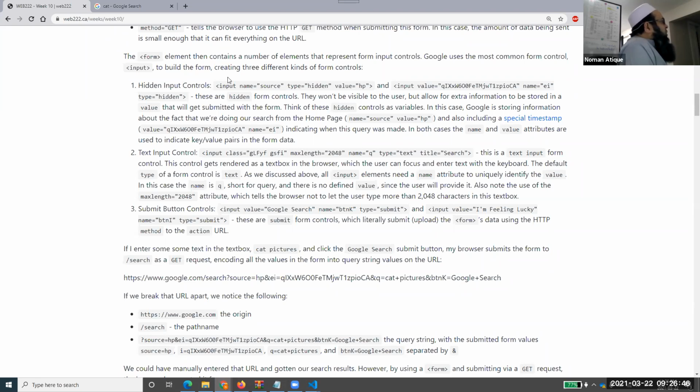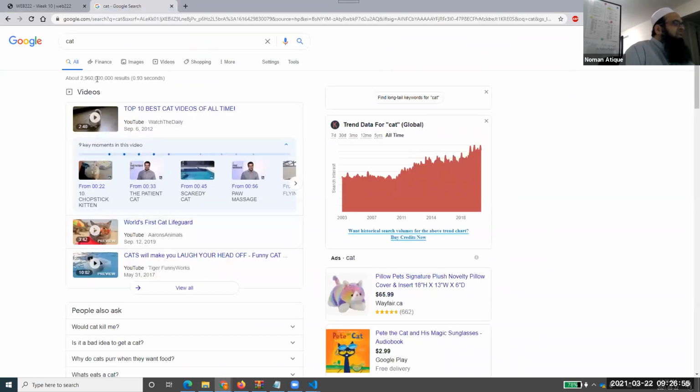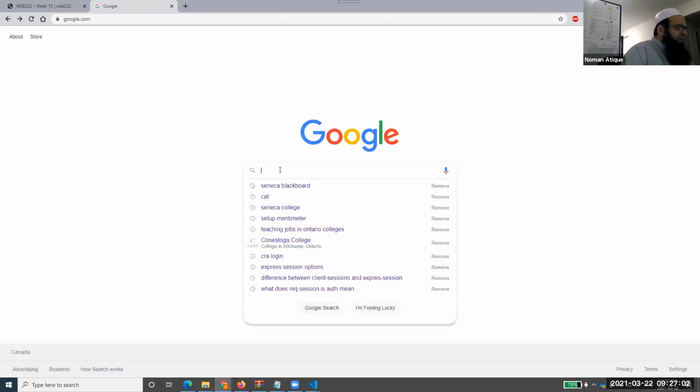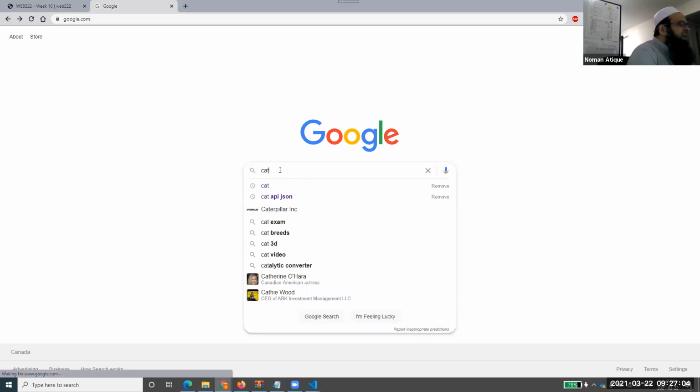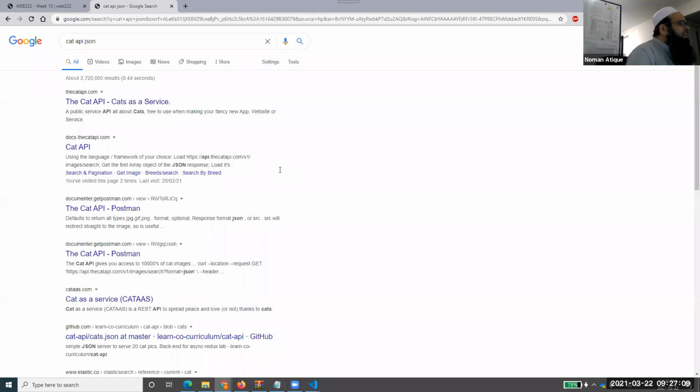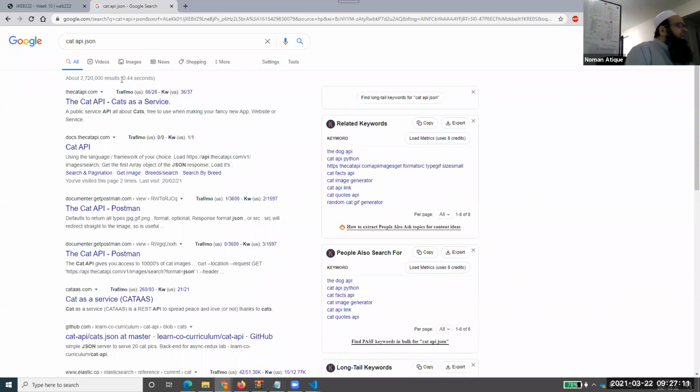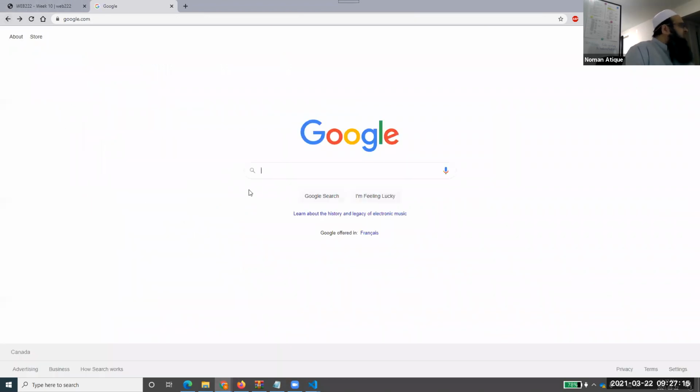Okay. So you know when your query returns the result, it has got the time with it. Have you seen that? For example, you see here that it says 0.93 seconds. Google quickly tracks the time from when I write this, for example, cat API JSON, to when it returns the result, and how much time is taken. So it's 0.44 seconds. So it's not only finding out the high traffic time, there are lots of things.